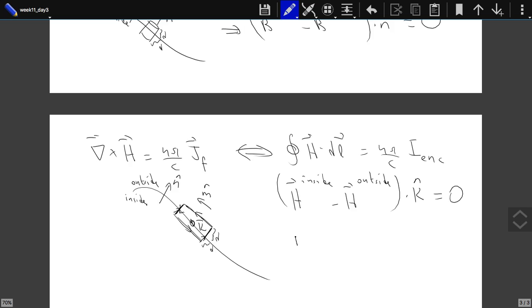So B, this tells me that H inside minus H outside, now this H inside is in the opposite direction of M. So there's minus H inside plus H outside scalar product with M vector. Well, this should be equal to minus K